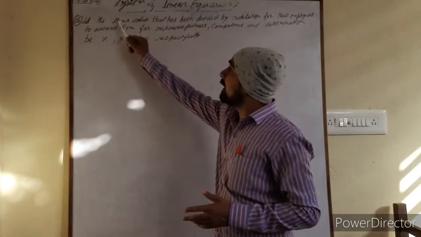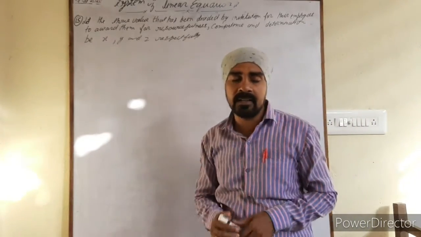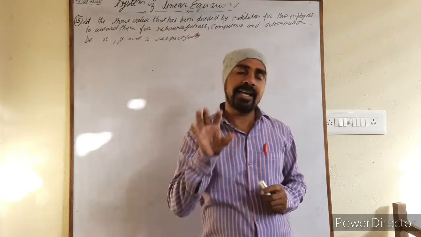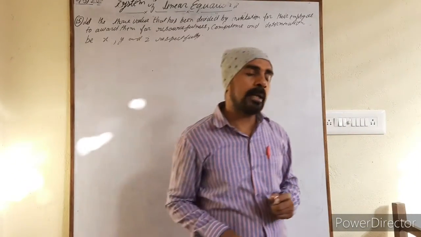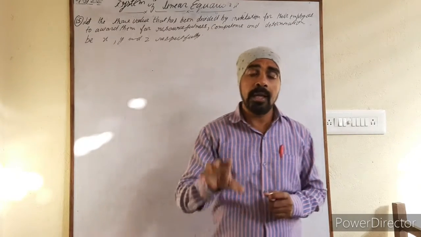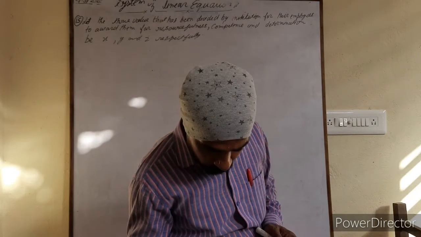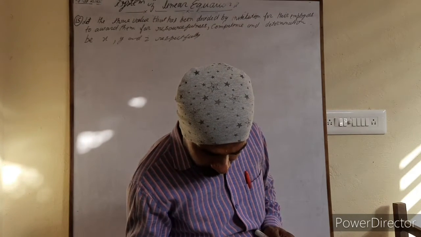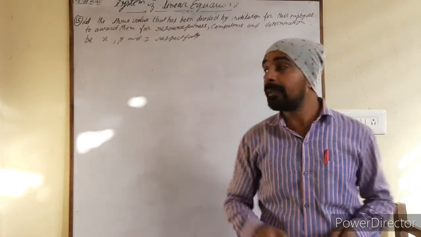So I had supposed that we let x, y, z. Sometimes the x, y, z has been given. Even in question number 15 the x, y, z has been mentioned, but if the question is coming in your board examination, the variable may not be mentioned, and it will be supposed by you according to the question. Here it has been given that find the value of x, y and z.